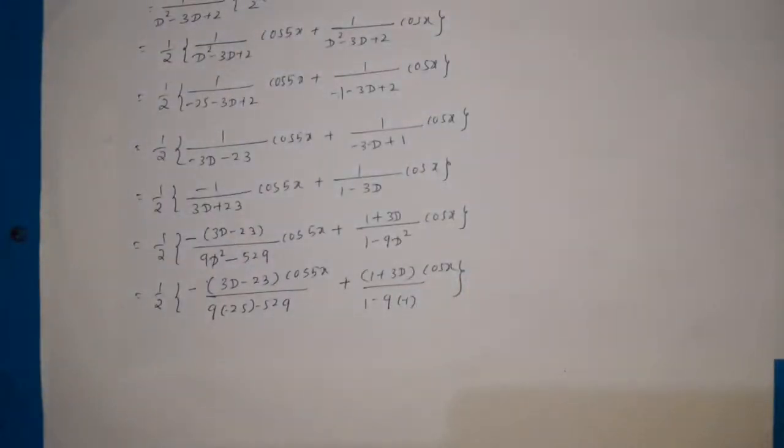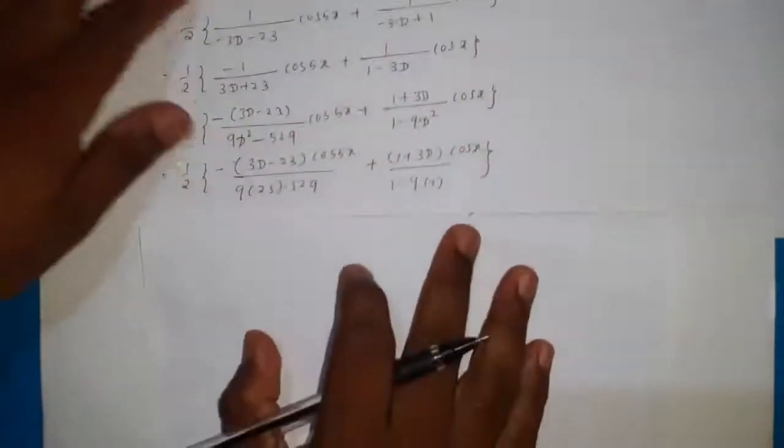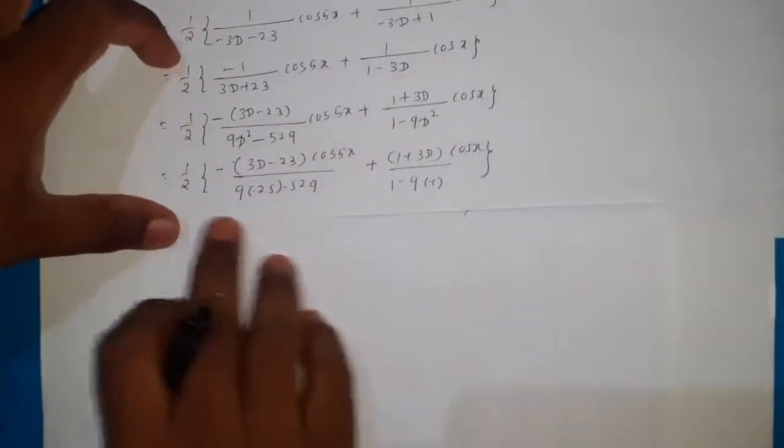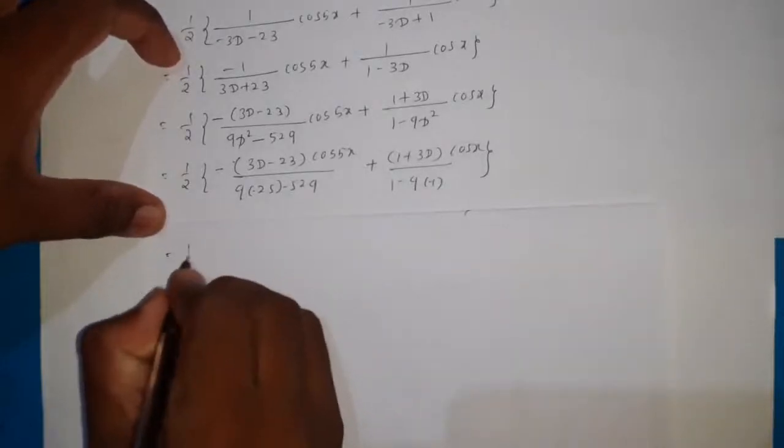Then next we need to simplify this one. So here we have substituted d square equal to minus 25 in the first one and d square equal to minus 1 in the second one. Next here